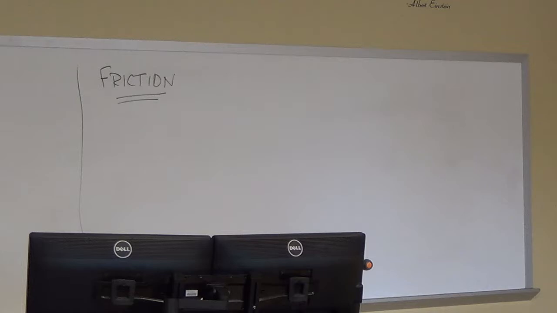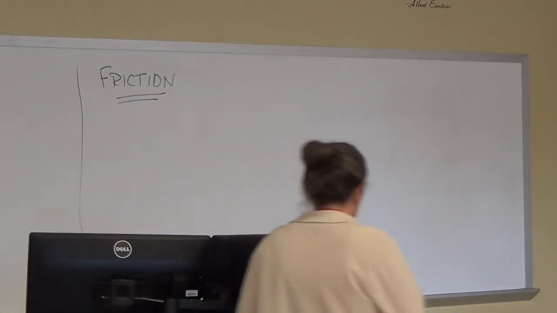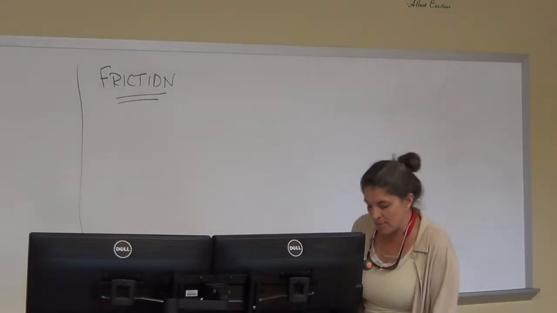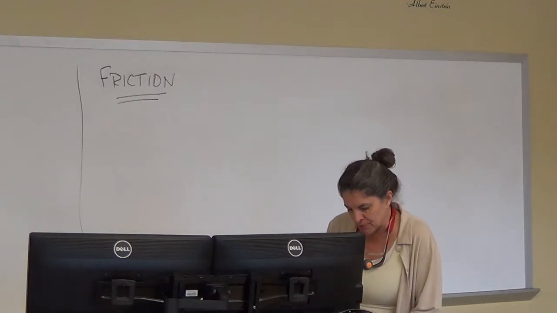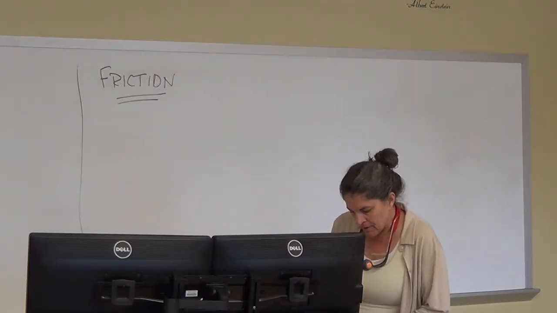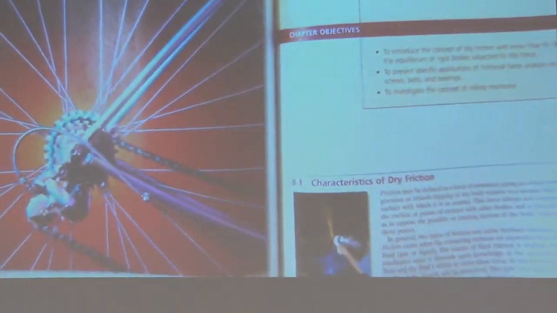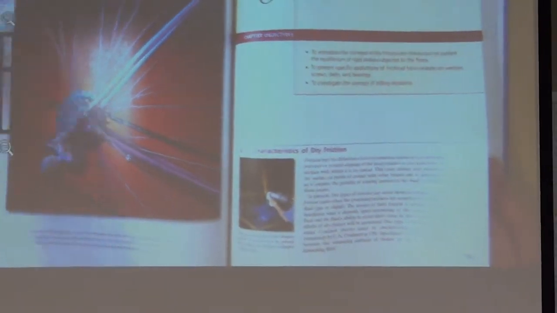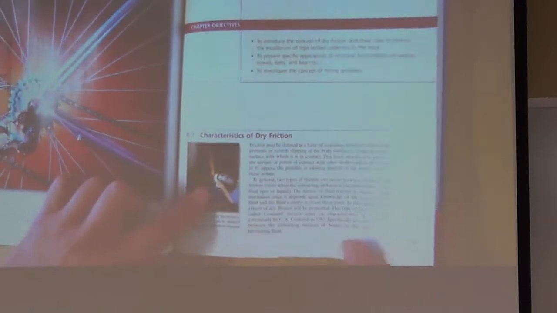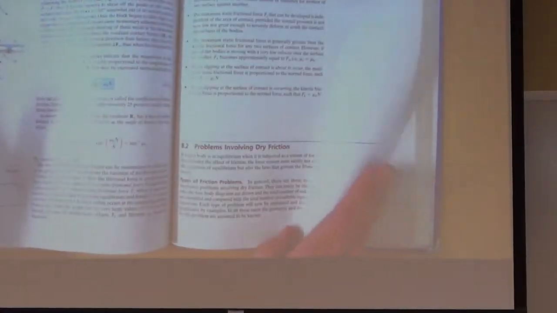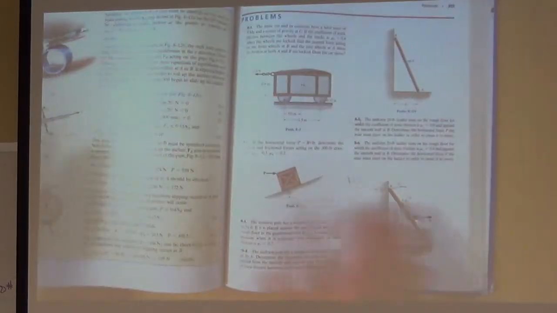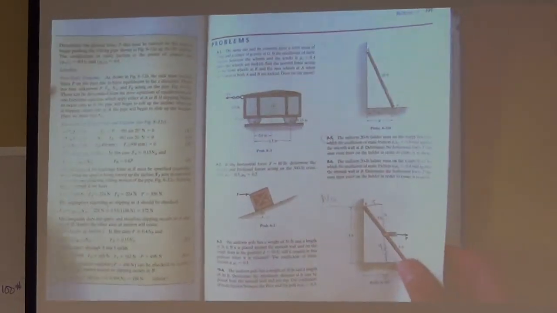Okay, can I get everyone? Okay. So I'm looking at the friction chapter. It starts on page 379, and then there are some example problems, 1, 2, 3, 4, 5, 6 example problems, and then it goes from problem 1